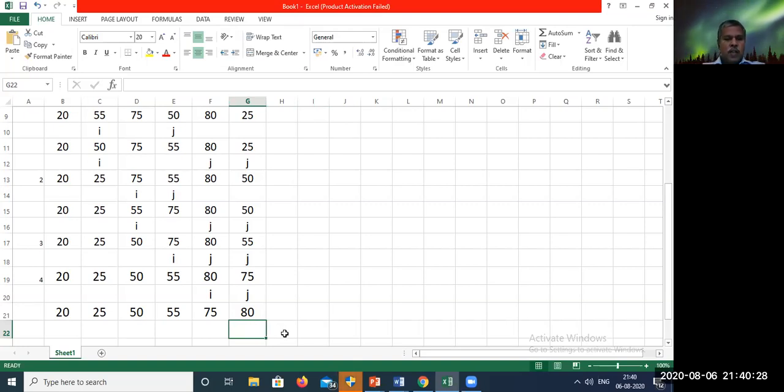So what we can understand is, if I have 6 elements, 5 iterations are enough. I cannot go to the 6th iteration. That is the thing we have to remember.